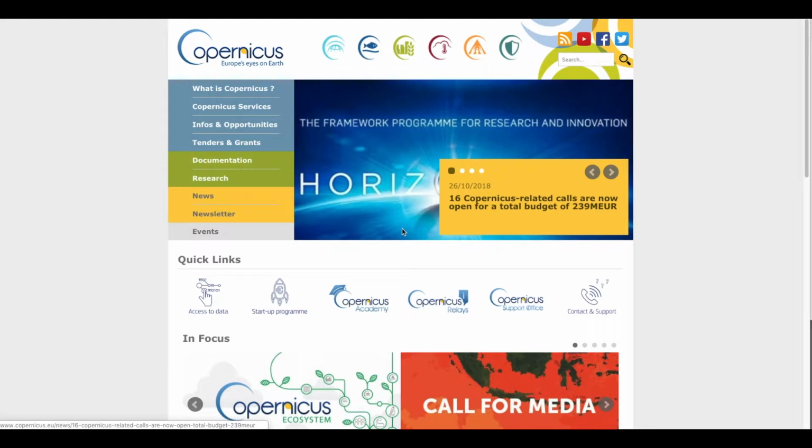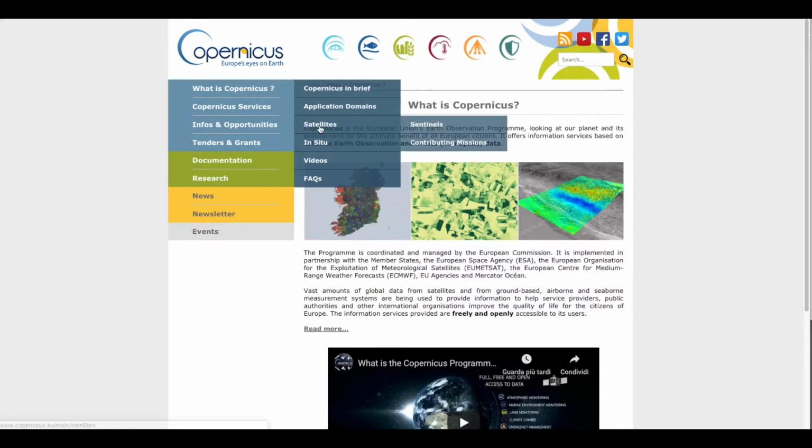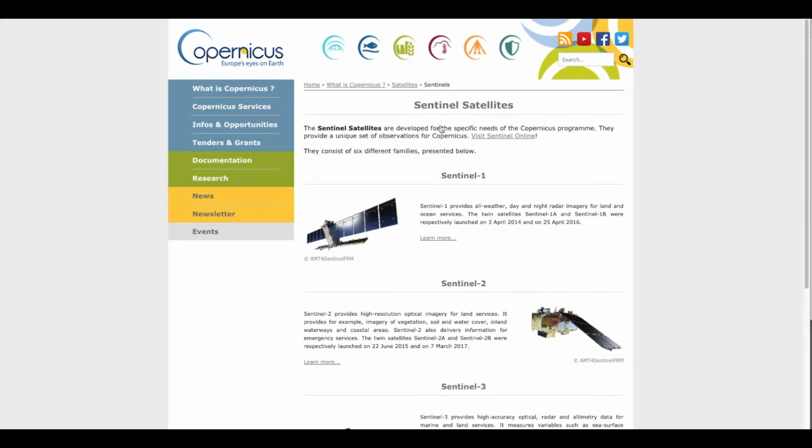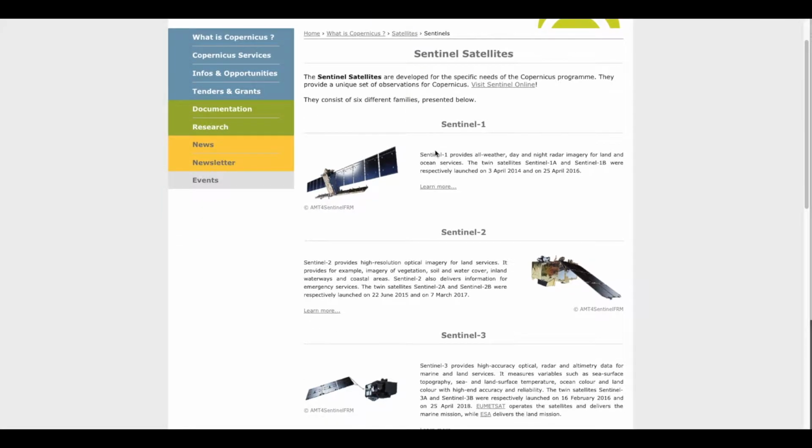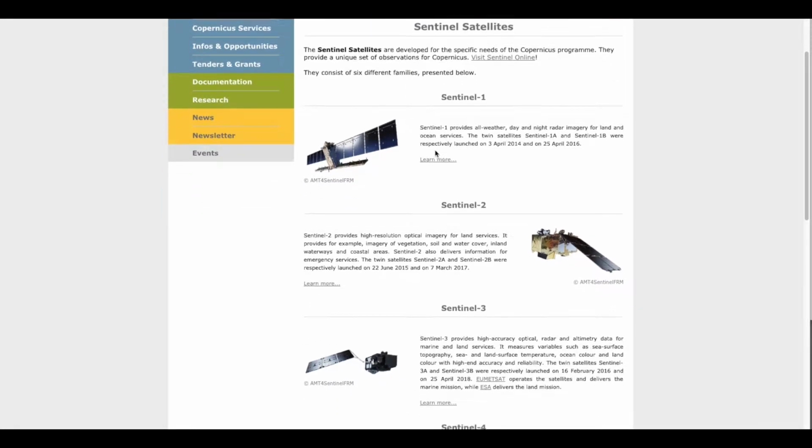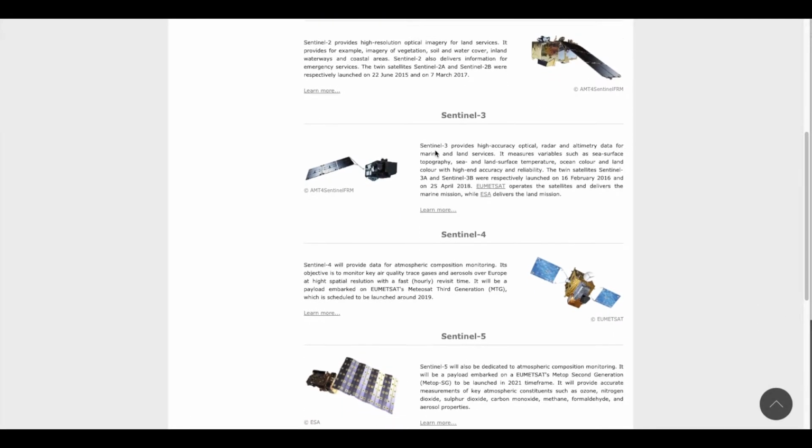The aim of this tutorial is to understand how to access Sentinel data, starting from the homepage of the Copernicus program. In this homepage you find the information about the program, and you can navigate to select from the Sentinel satellites. Sentinel satellites are a constellation of satellites, and here you can find information about each